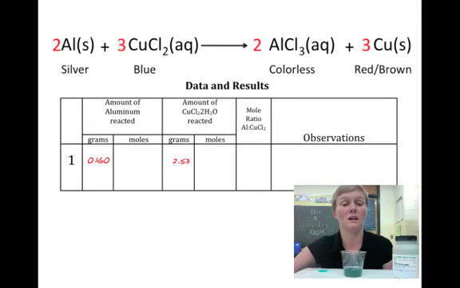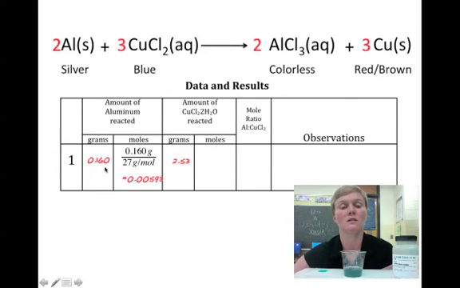Now, to be able to talk about this, we need to be able to do a little bit of math. The 2 and the 3 in the balanced equation are actually mole ratios, so we need 2 moles of aluminum for every 3 moles of copper chloride. So let's take our grams and convert those to moles. For aluminum, we divide by 27 to get